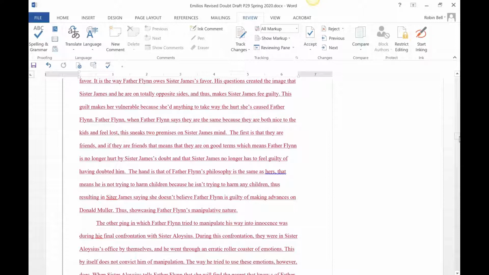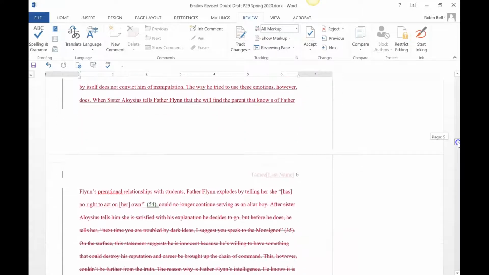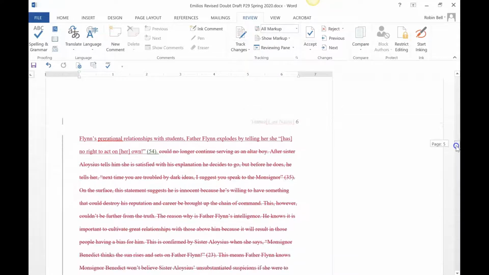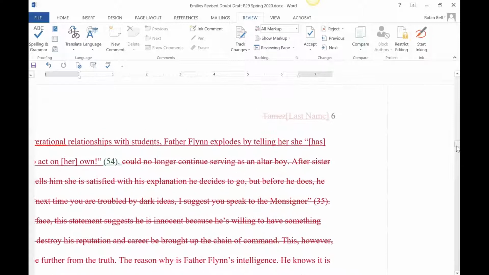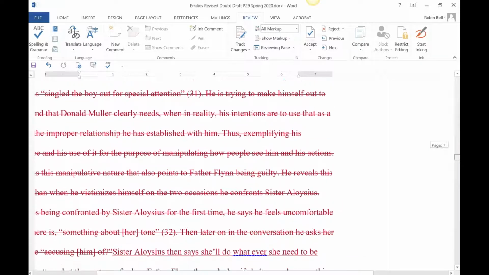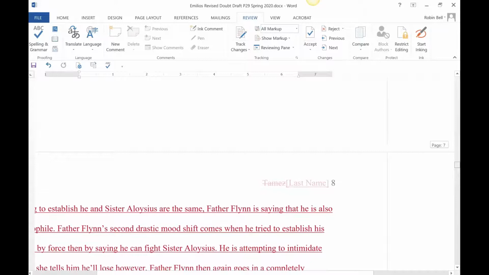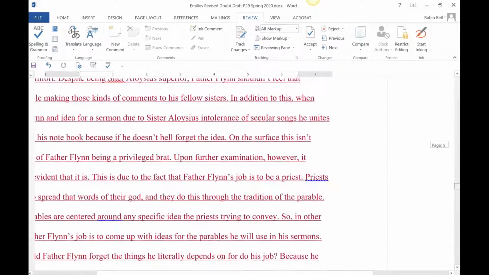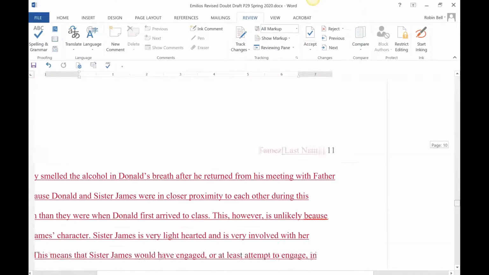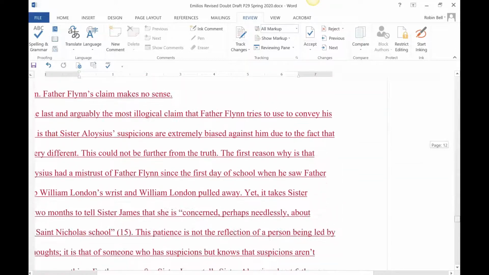Now, it's not always this extensive, but in this particular case, this student did some pretty extensive rewriting to an already effective draft. Now, if we recall from his first draft, it was just barely over 4 pages, which is the minimum length. So if we were to scroll a little bit further through the paper, we see that we're on page 8, 9, 10, 11, 12,